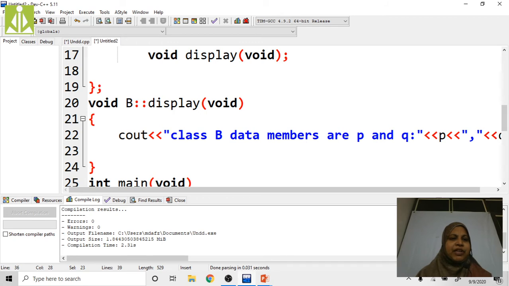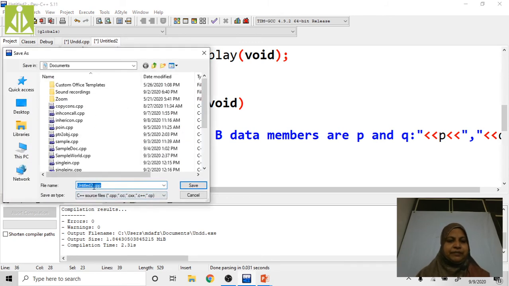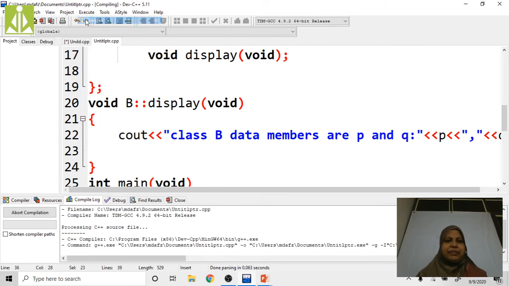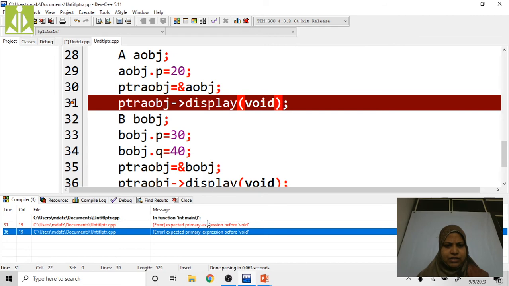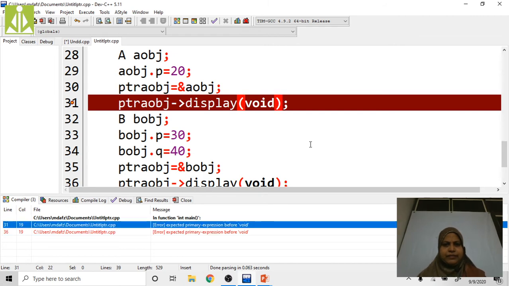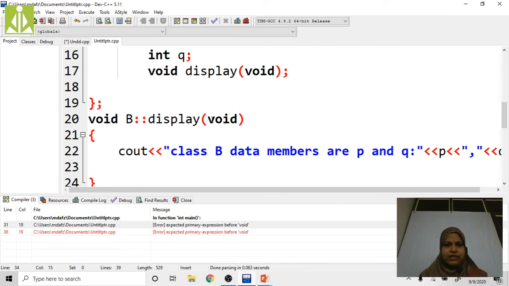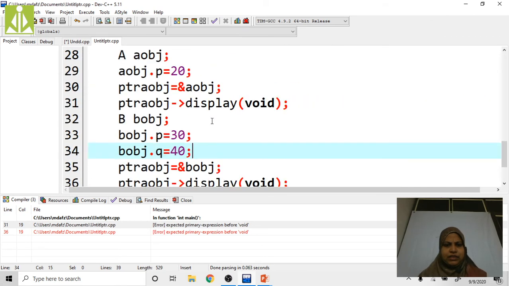Now try to execute this program. First we have to save this. Save. Now compile this. Expected primary expressions before void.